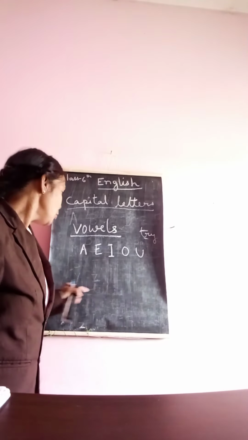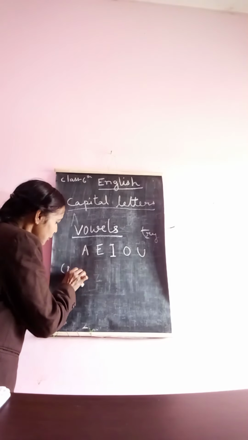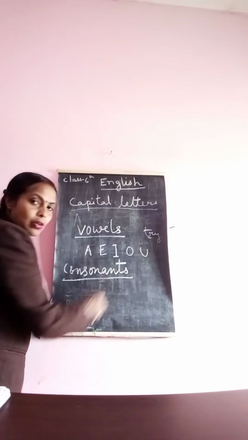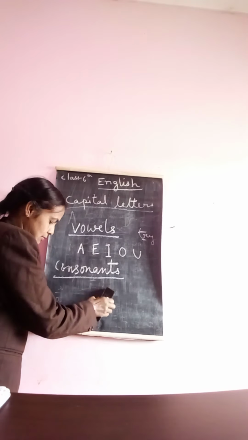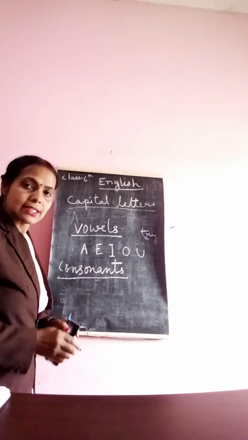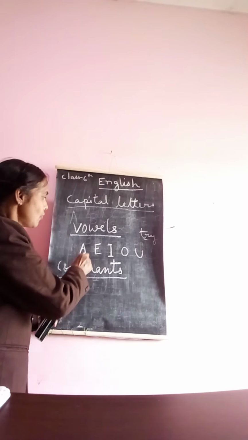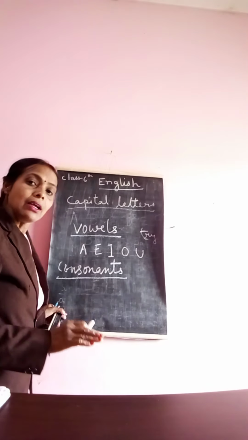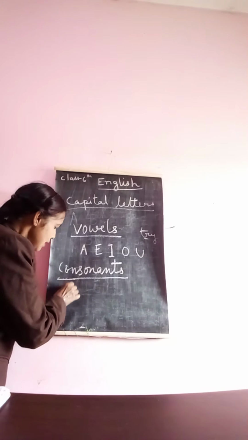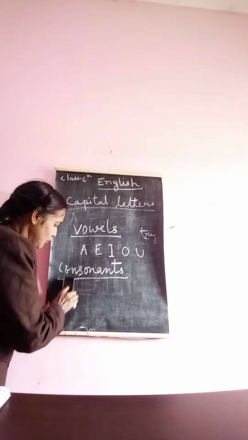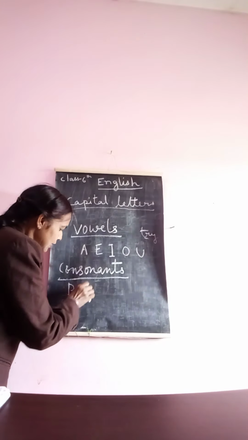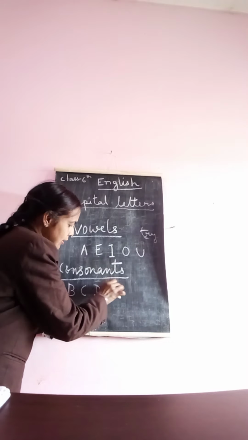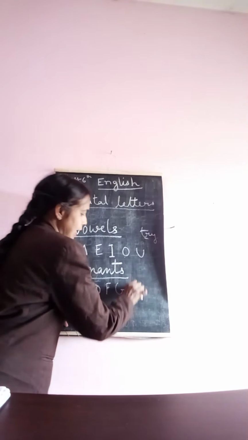So tell me, what are consonants? Now, consonants. I told you in the English alphabet there are 26 letters. Of those 26 letters, 5 are vowels: A, E, I, O, U, and the remaining are consonants. So consonants means B, I write capital B, C, D, F, G, H,